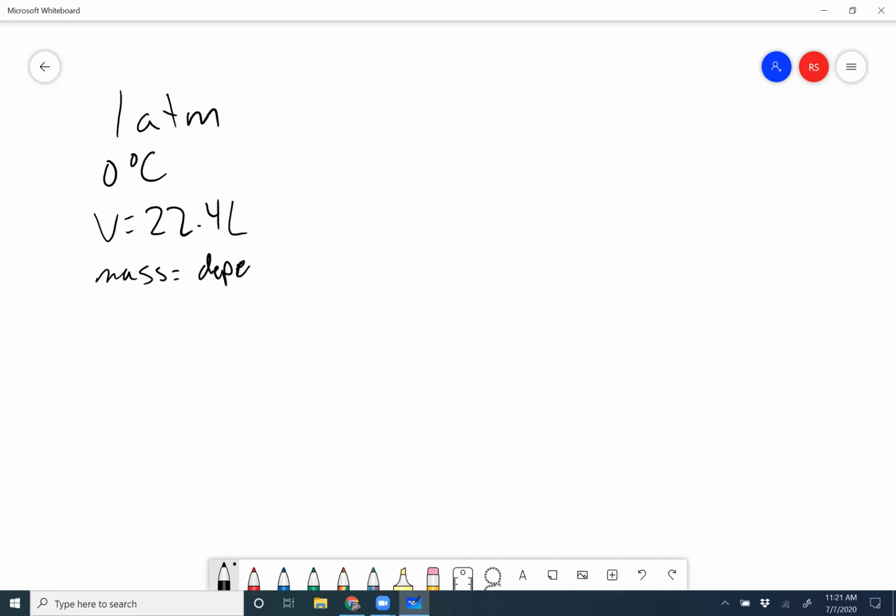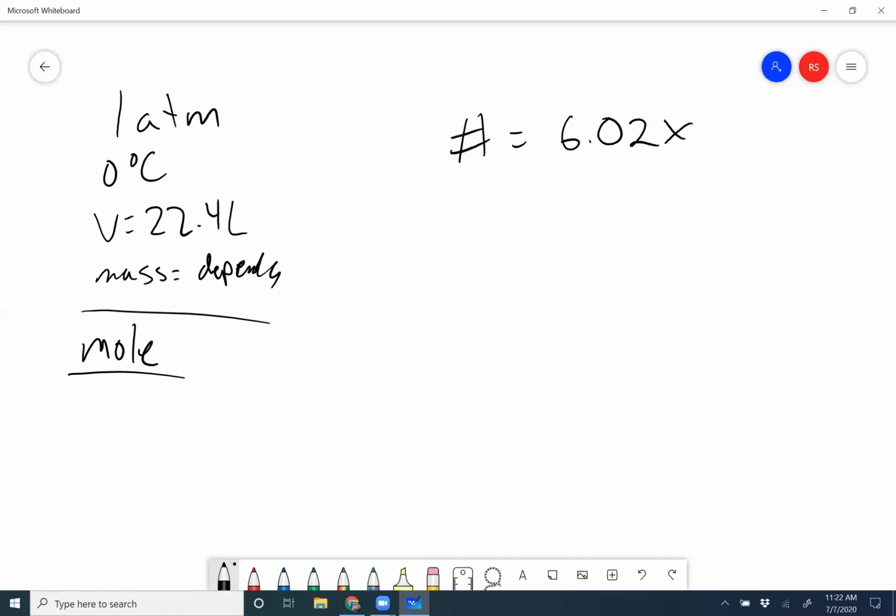And there's a problem, because if you took a gas and filled it up at 1 atm and 0 degrees C, the volume would always be the same. It would be 22.4 liters. The mass would change, depending on the gas. But when you took all that information and plugged it in, he called this a mole of gas. He used a different word because he was Italian. This is a German word, and it means molecule. When you extrapolated out how many things were inside there, the number was 6.02 times 10 to the 23rd